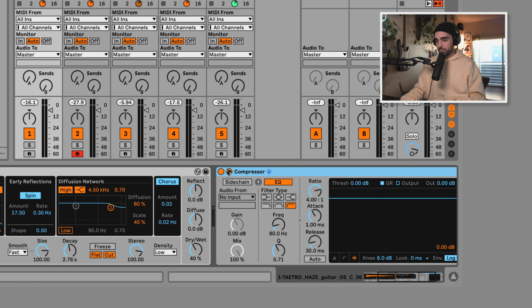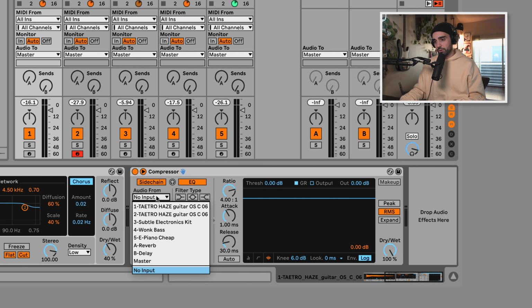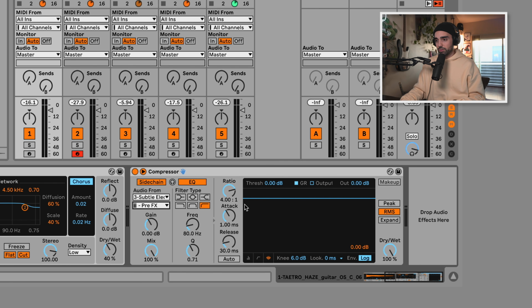Let's open this up. A little hidden menu there. Go to sidechain, audio from. Let's find our drum kit, subtle electronics. Let's find the kick drum in this drum kit. Pre-FX is fine. So now what you'll see on the compressor is receiving a signal, right? It's particularly receiving a signal from the kick. If I bring the threshold down to where that drum is actually hitting,